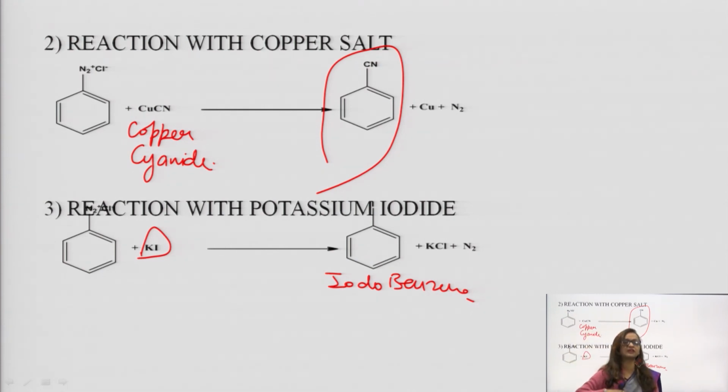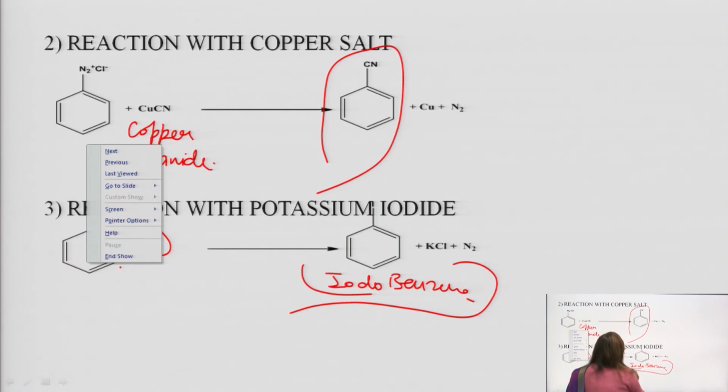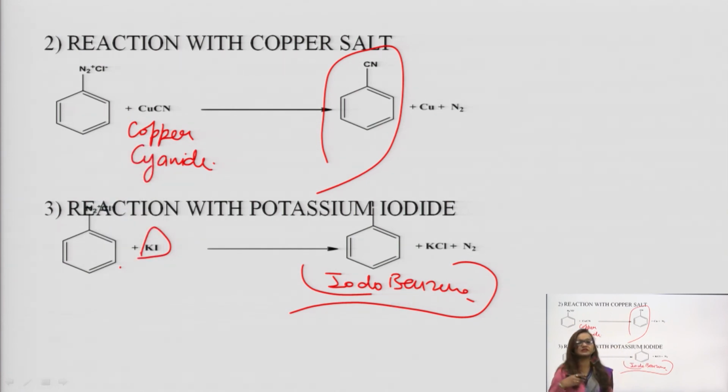See, in all types of reactions you are noticing that some chemicals are obtained. So you can also write it under the heading of synthesis. If it is asked for reactions, then you can write that it reacts with potassium iodide and forms iodobenzene. If the question is in the form of synthetic uses, then you can write that these diazonium salts are used for the synthesis of iodobenzene, okay.